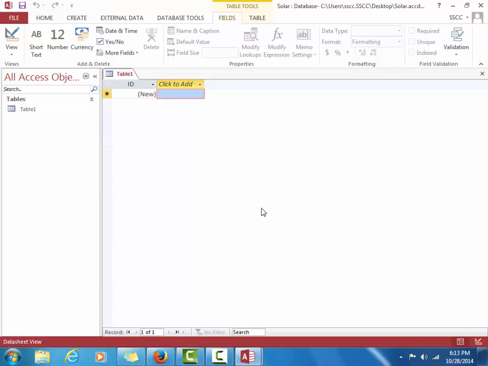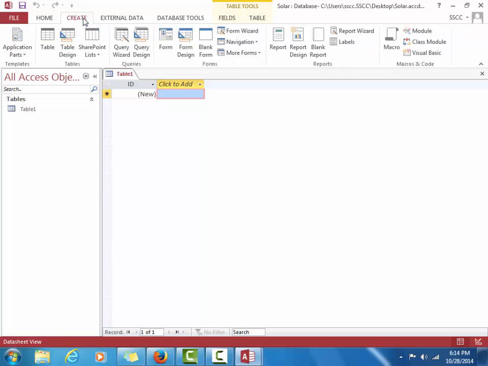Okay. In Access, each field must be assigned a data type. A data type specifies the type of data that may be entered for that field, such as text, numbers, currency, and dates or times. So when you create a table in Datasheet View, you first need to create the empty table structure. A blank table is created automatically when you start Access and create a new database. If you need to create a new blank table in Datasheet View, you'll click the Table button in the Tables group on the Create tab. So if you would go to Create,